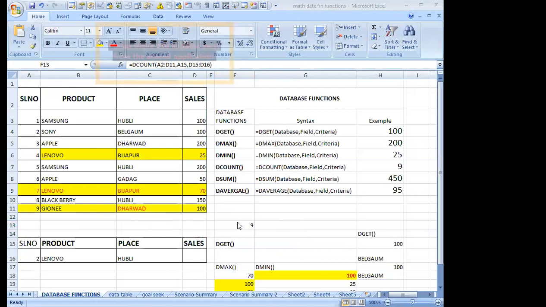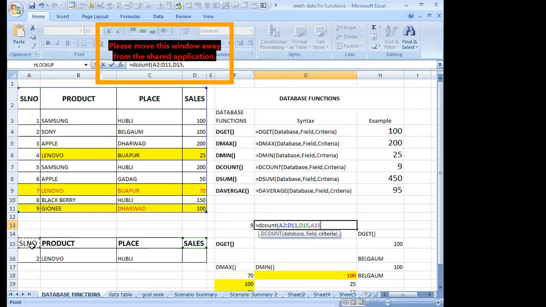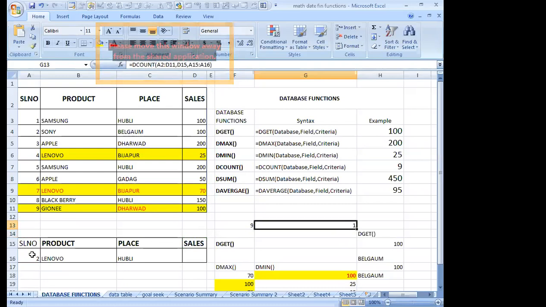Is it right? Now if I am changing this, see here now, equals to DCOUNT, then the database, comma, I'll give the field as sales, and then the criteria is serial number. What is displayed? The answer is 1.